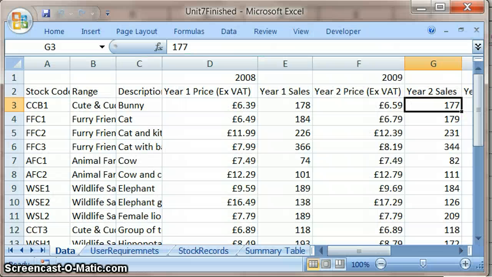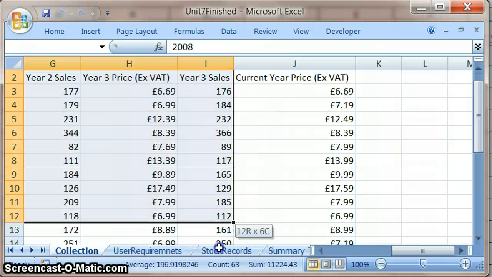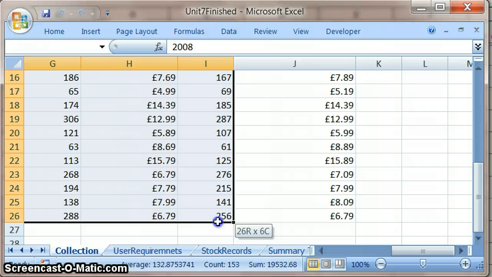So let's go back to here. So you've got this data sheet. We're not going to have it as data, so I'm going to rename this as collection. So that's the current collection. And then I've said that I'm going to have the stock code, the range, and the description. But of these items here, I only want the current price actually. These items here are going to go onto a separate sheet, which I still have to design. So if I just